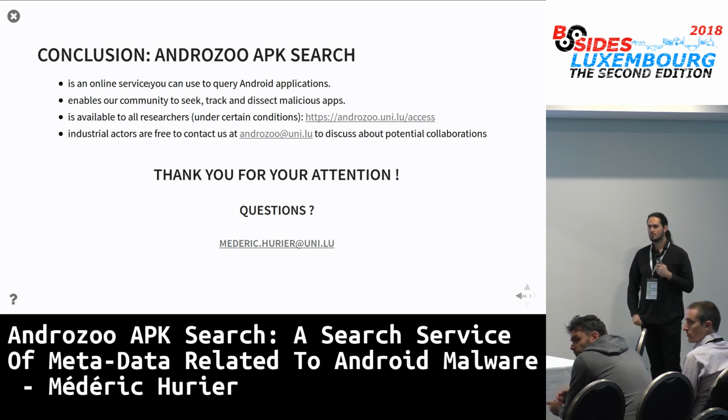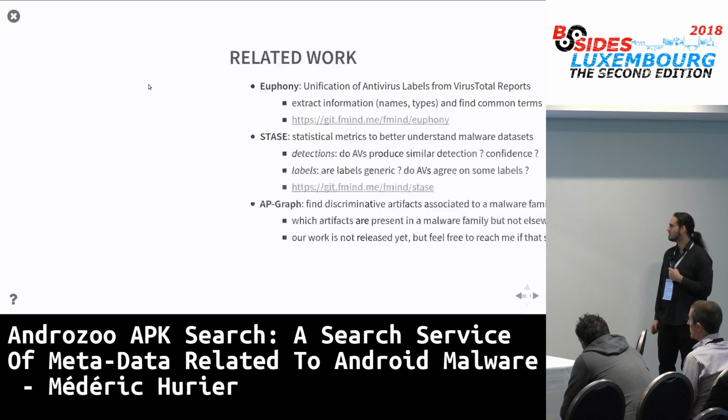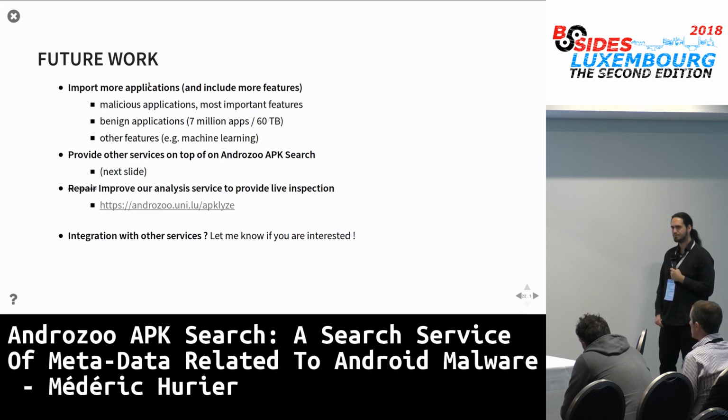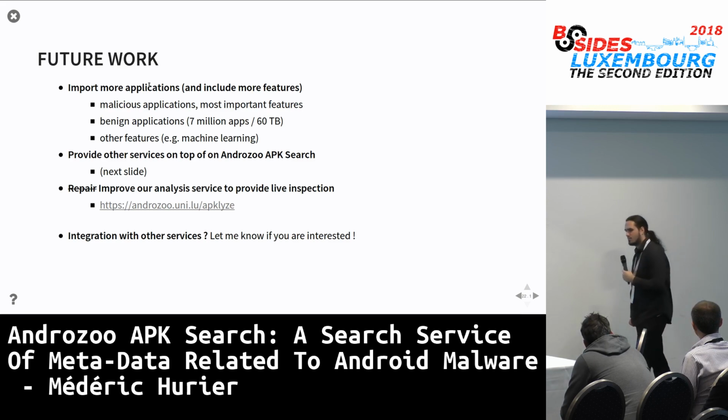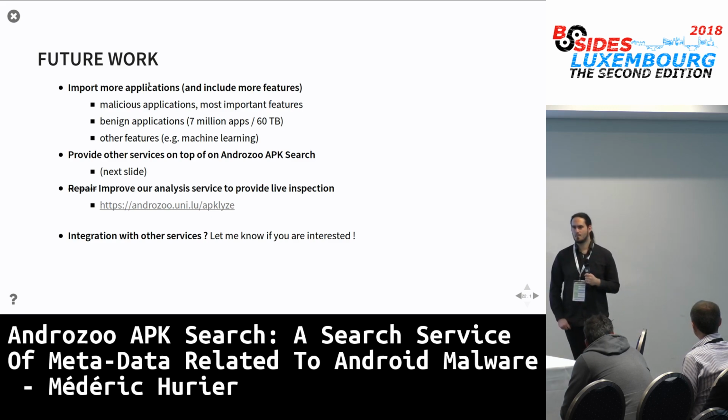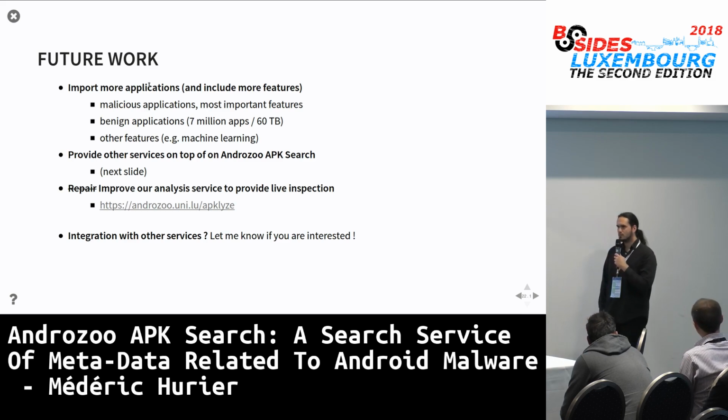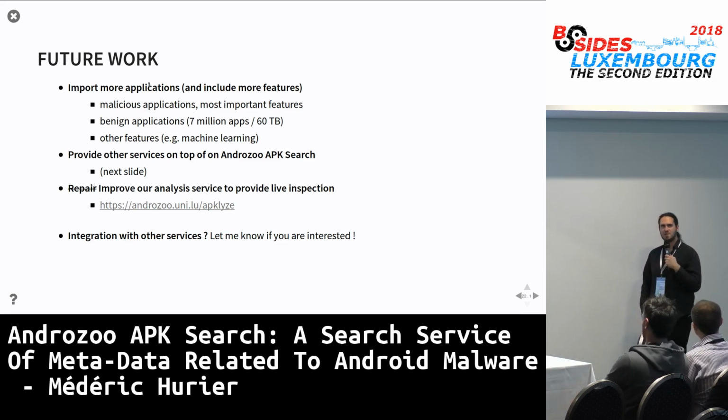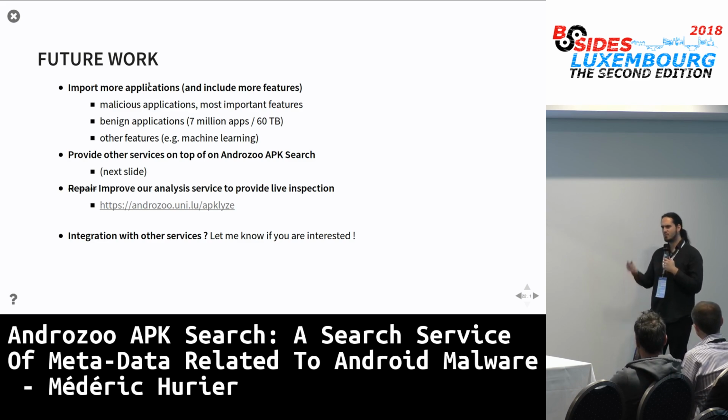Again, I have a question about this new feature that you want to implement, mainly the machine learning ones. Will this information be available through this interface, like the clusterization, all these classifications that you will do? Will it be available to this search? It will be available, I think, yes, but mostly as documentation. So you will be able to get the result, but I don't think it will be too valuable to make searches on it.